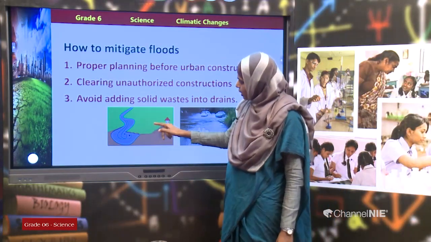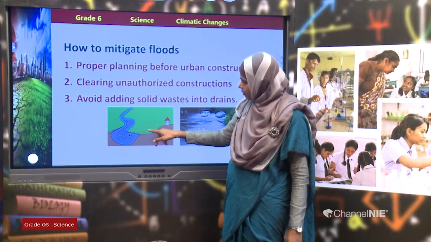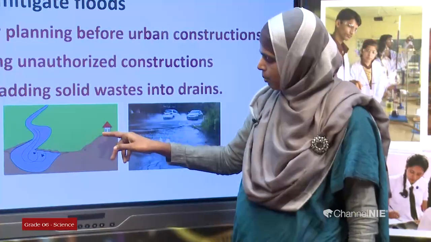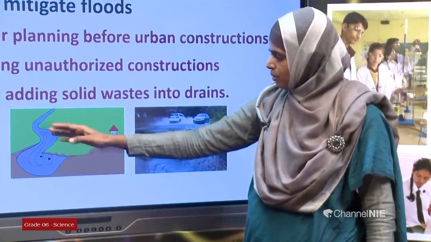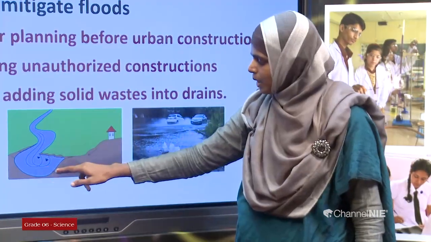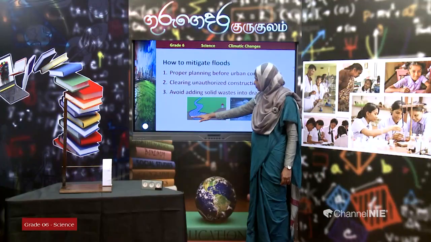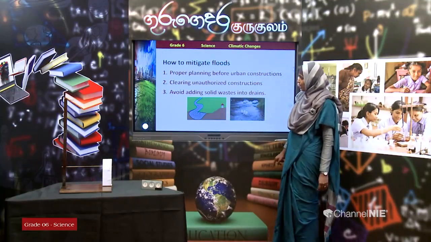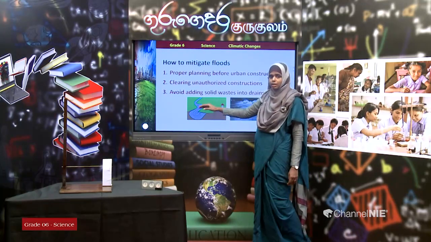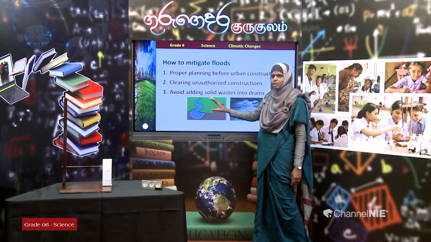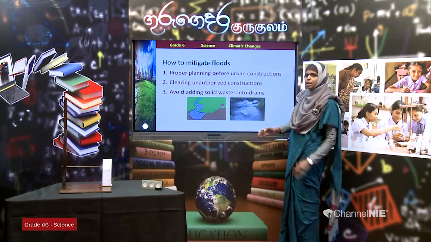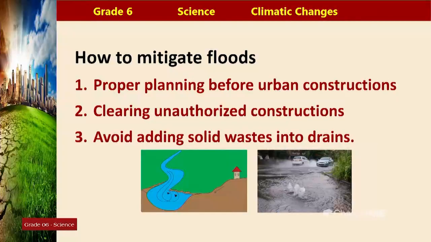What would happen due to human activities on either side of the river? When forests are cleared, during a rain, the soil would be washed away from both sides of the river and would be collected at the bottom. All the soil and mud would be collected at the bottom of the river. Therefore, the capacity of water in the river that it can hold would be reduced. So, when the capacity that it can hold is less, even from a small rain, it might overflow and both areas will be covered because the amount of water that it can hold now is less. So, this is also one main reason for flood.